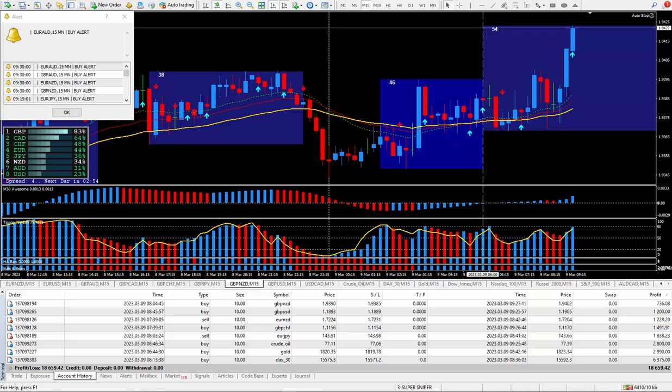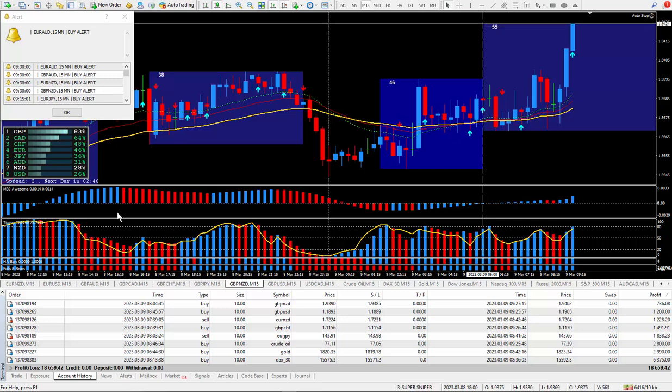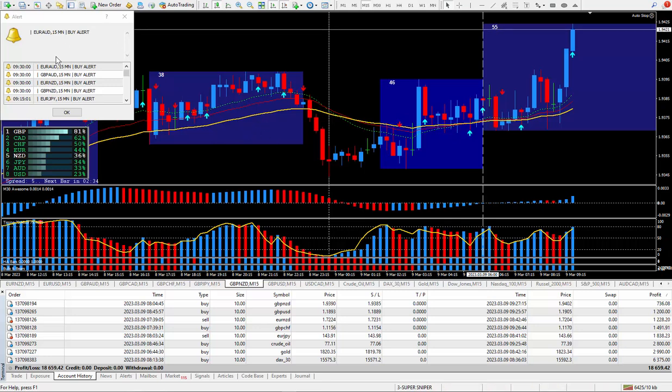Today's date is March the 9th and I'm using my new Super Sniper trading system. This is the one that uses the awesome oscillator right here. It's a multi-time frame awesome oscillator which has also built-in alerts and alarms and pop-up boxes. Now I have this one turned off at the moment, as the only alert that I want is the super signal indicator, the one with the